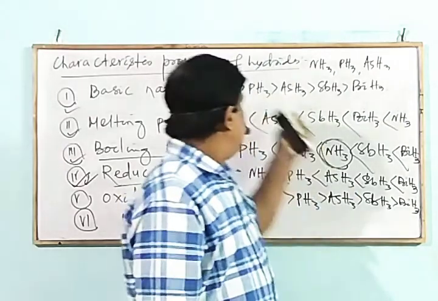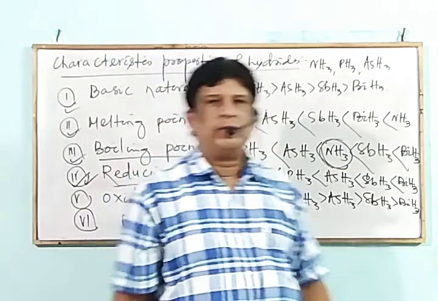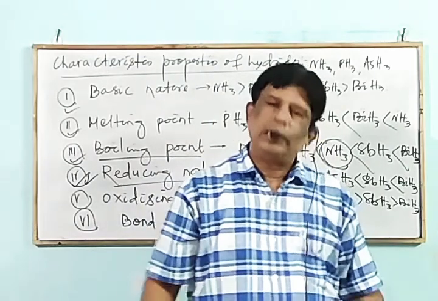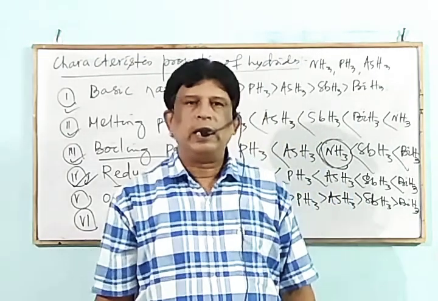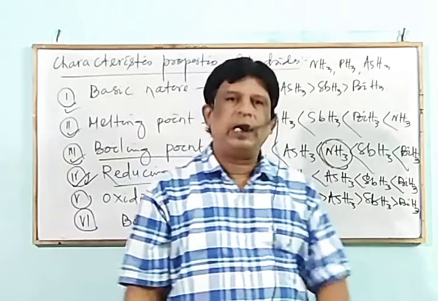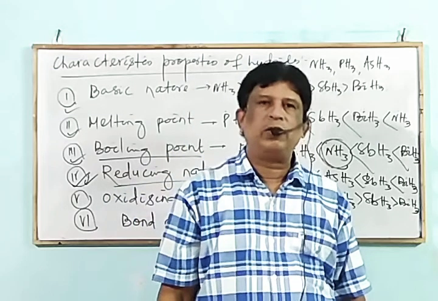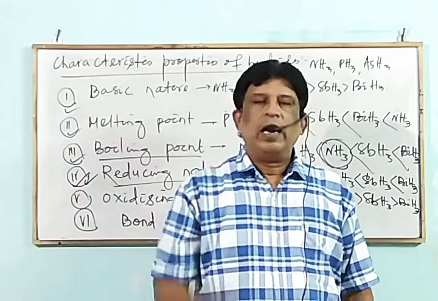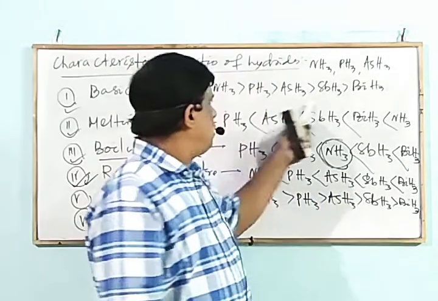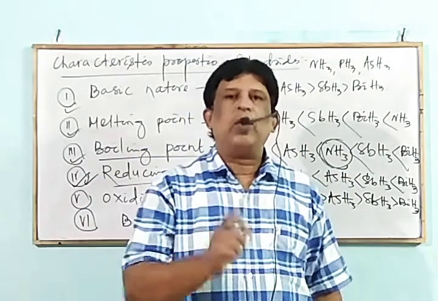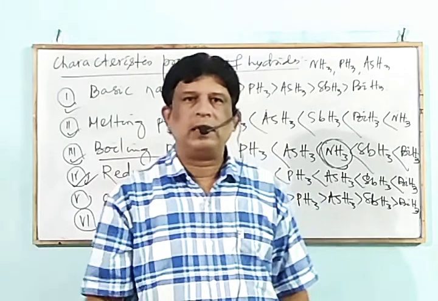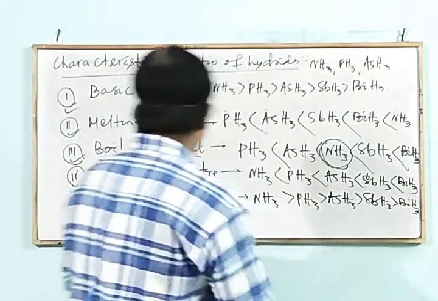Next is bond angle. That is NH3 and PH3. They have similar bond angle. They exhibit sp3 hybridization, bent-like geometry. But due to the large atomic size, the bond angle gradually decreases. Mark that the bond angle is